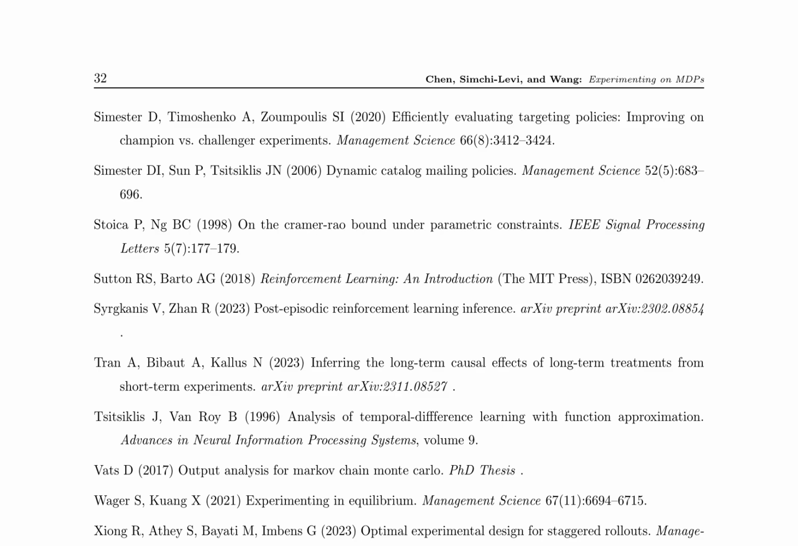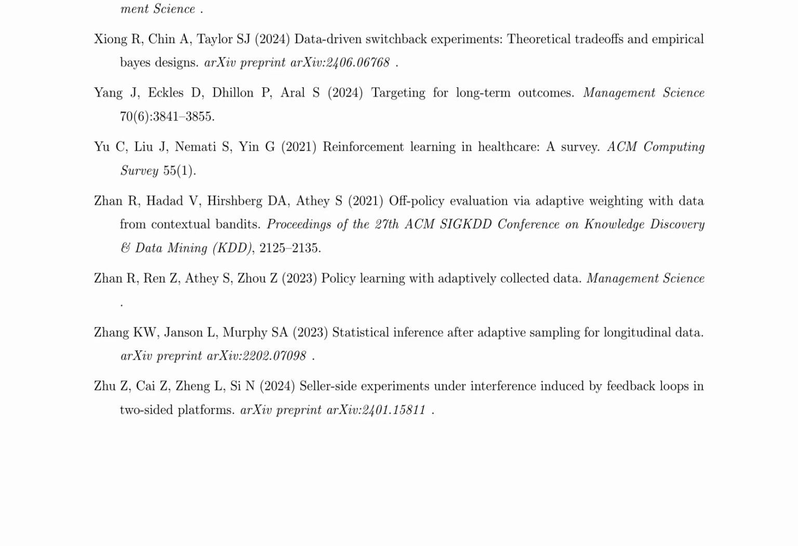The paper then delves into various aspects of experimenting on MDPs, including the importance of experimentation in evaluating policy effectiveness, methodologies such as multi-armed bandit experimental design, and the application of reinforcement learning in healthcare. It also addresses issues like interference induced by feedback loops in two-sided platforms and statistical inference after adaptive sampling for longitudinal data. The paper concludes by emphasizing the importance of considering equilibrium in experimentation and the role of reinforcement learning